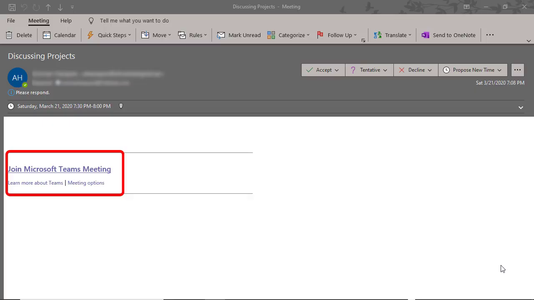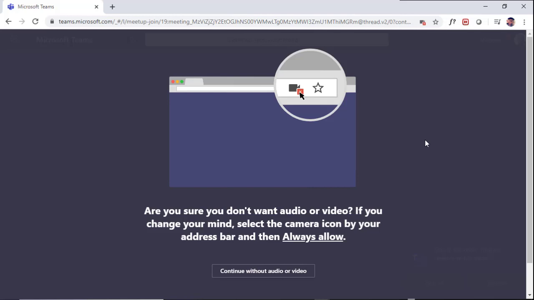In this demo, here is a meeting invite that I received from someone outside my organization. So I'm a guest, I'm outside that organization, and I'm being invited to a conference that was scheduled by someone in another organization. I can click on the Join Microsoft Teams meeting. I don't have the Microsoft Teams application on my machine, but I still can join using a browser, in this